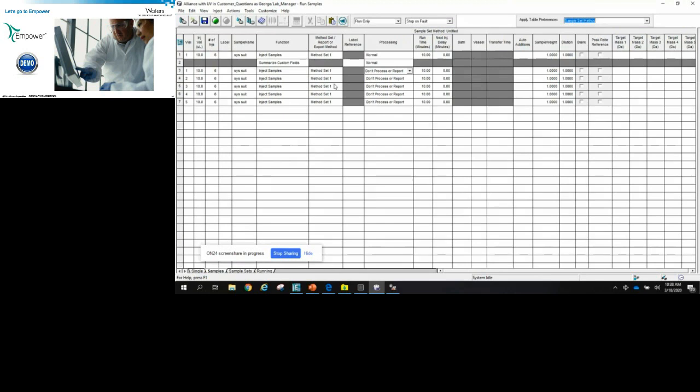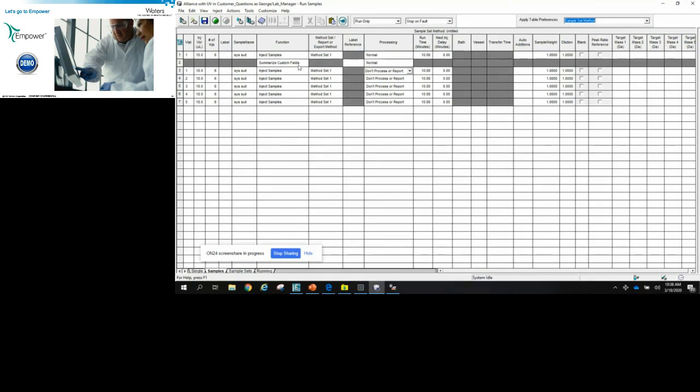One set of results for the system suitability samples, and then one overall result set for the whole sample set. And there was some concern that we were generating two result sets for one sample set. By using this new feature in the run-only mode, if the SysSuit samples pass, no results are generated. Once the sample set is complete, you can process the sample set and get one result set.